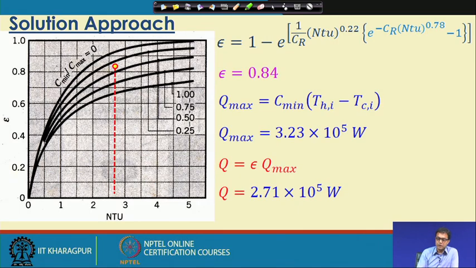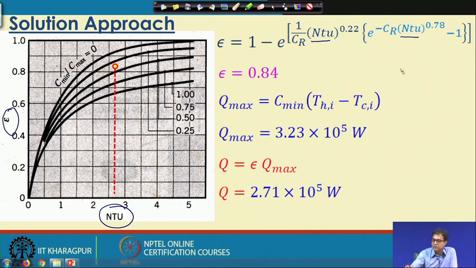Again, we can take help of the chart for the epsilon NTU as it has been shown in the earlier case. When both the fluid streams are remaining unmixed, the epsilon NTU relation can be plotted from this relation,